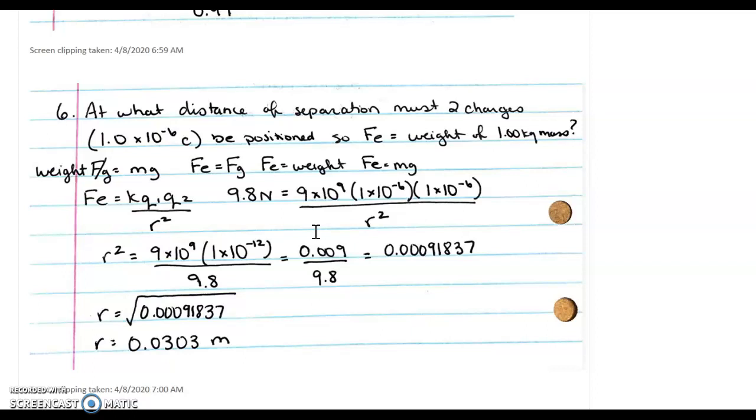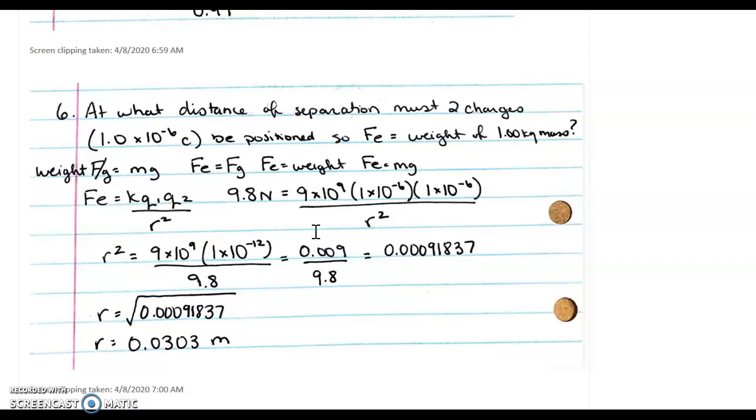The weight of a 1 kilogram mass is 1 kilogram times 9.8 meters per second squared. So it would be 9.8 newtons equals, and then your Coulomb's law, K times the two charges over